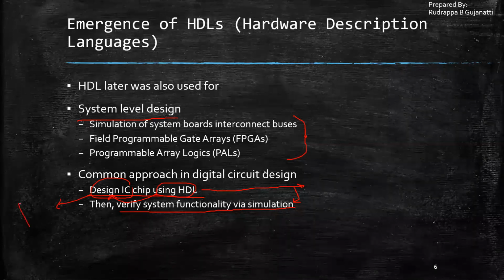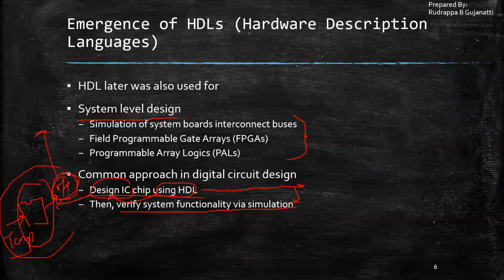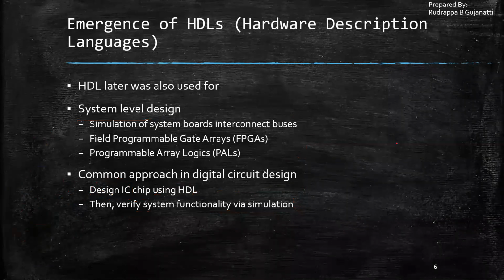Say what the IC chip has to do is accept the temperature parameter. Say it is a temperature sensor, and it has to give some output, and this output can later be used for some other purposes. The functionality of this is to read the temperature and give some appropriate output. So this functionality can be verified. I implement this entire thing and design the IC chip using the HDL, and later verify the functionality of this IC. That too, I am doing in simulation form. I am not actually implementing it in hardware first.